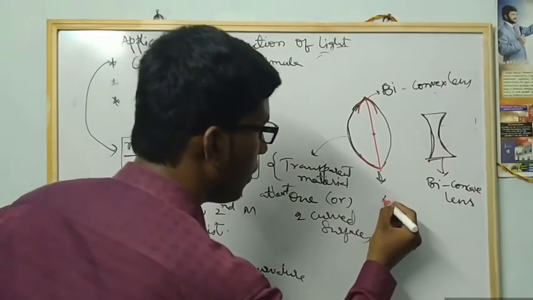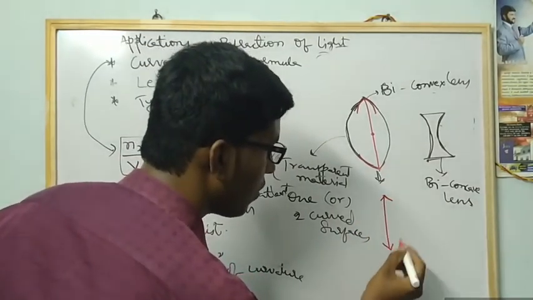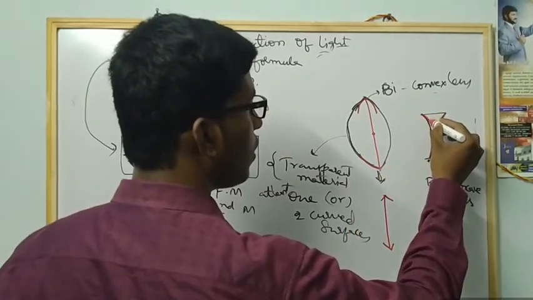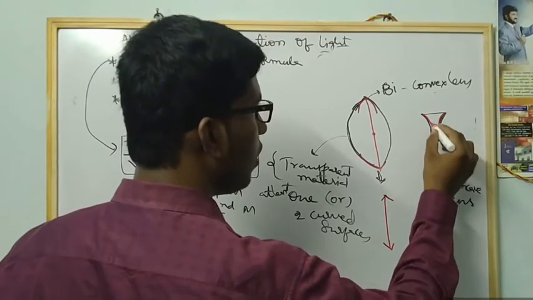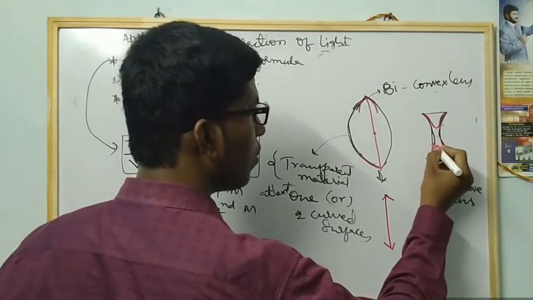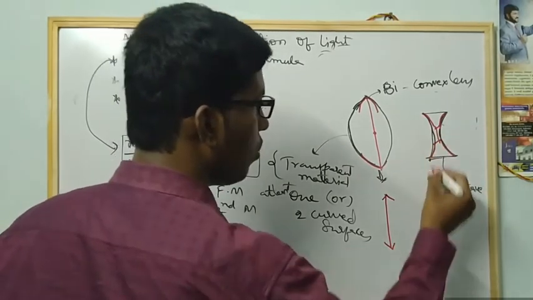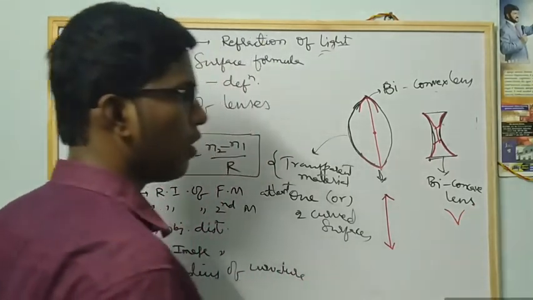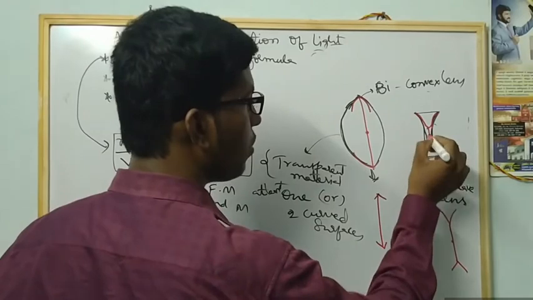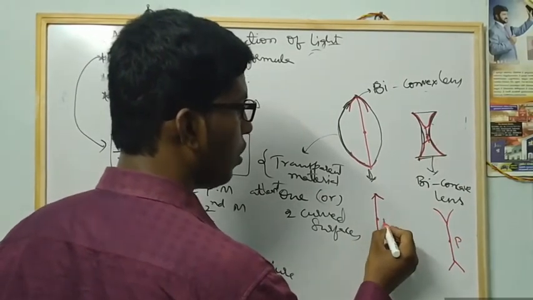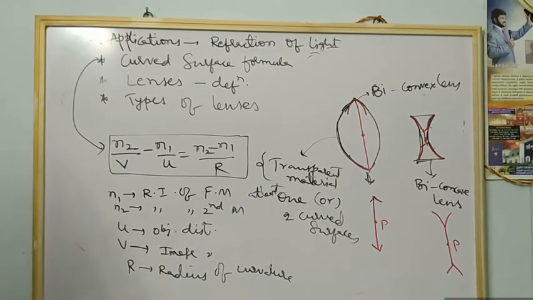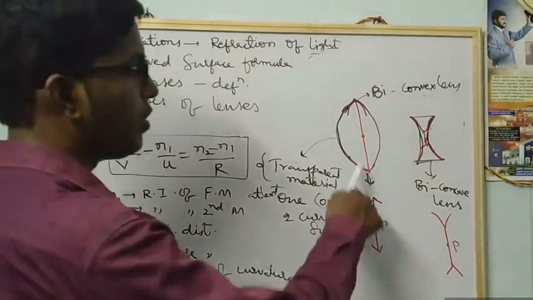So what is the graphical representation? A biconvex lens is represented like this. You observe, this is one structure like this and this is another structure like this. It looks like a Y if you join. Okay. And here also down like this. If you join here, how will you get it? Like this. Understand? This point is called the optic center. The optic center is denoted with P for a lens. In a mirror we call it the pole. Here we call it the optic center. Do you understand how we represent it?